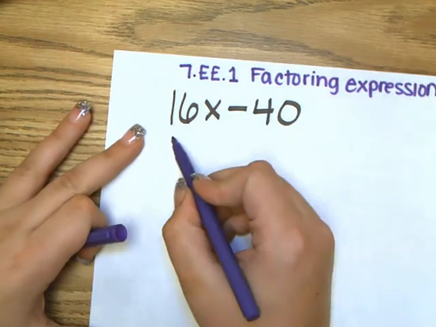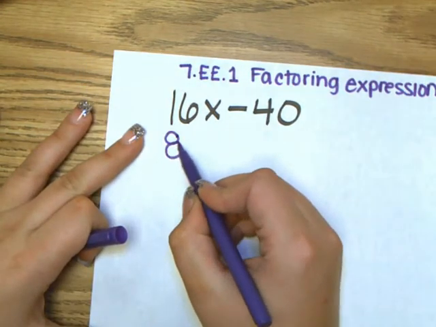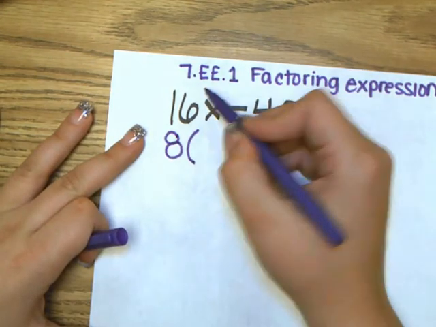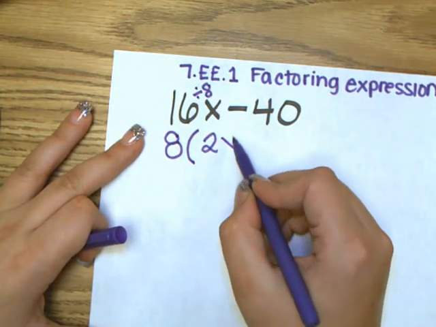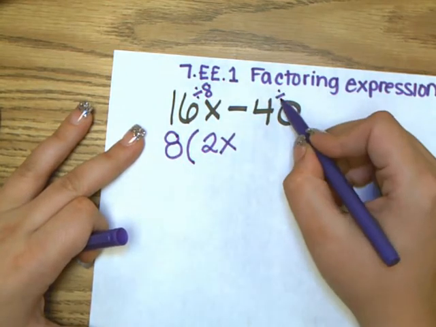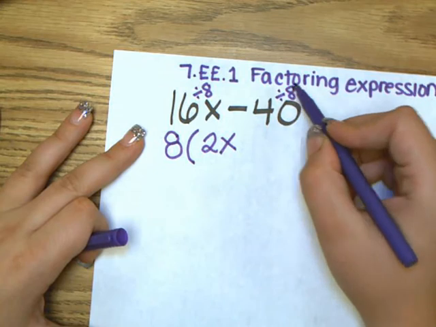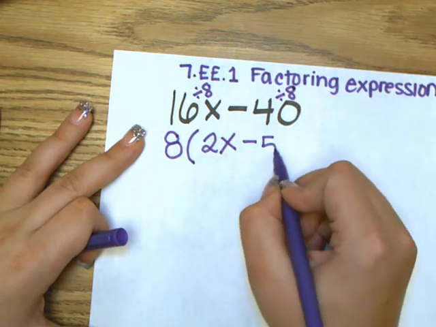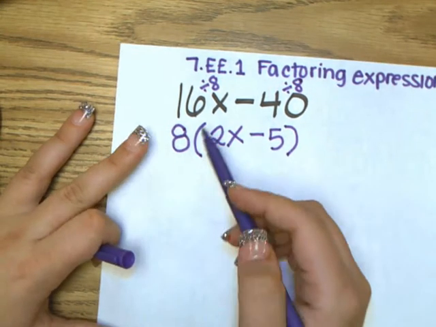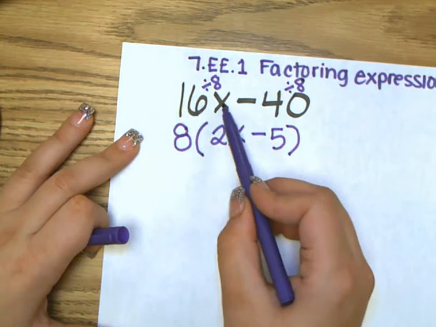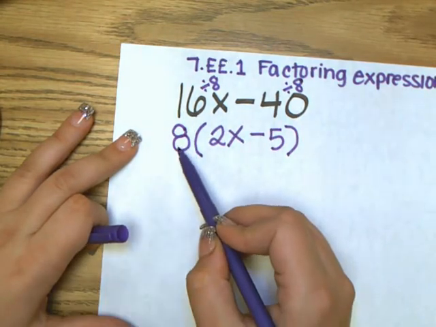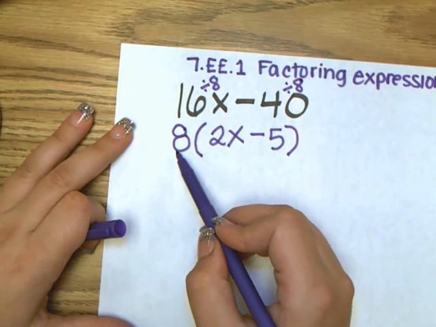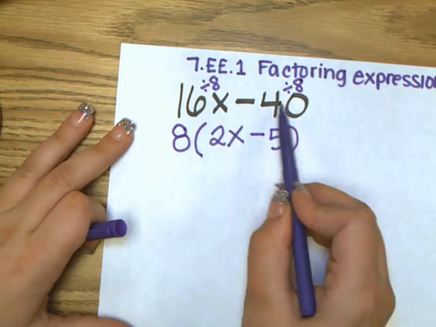So I'm going to pull out an 8 as a factor, and I'm going to divide 16 by 8 and then 40 by 8. So what I did was I rewrote 16x minus 40 using 8 as a factor. And remember what a factor is. It's a number you use to multiply to get this